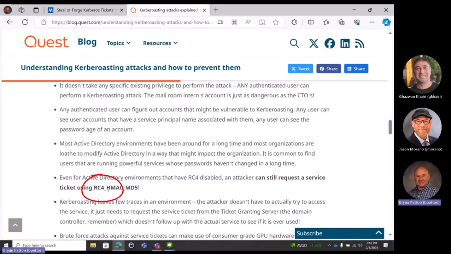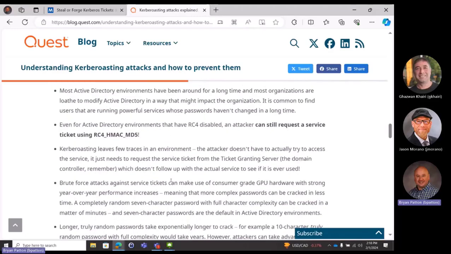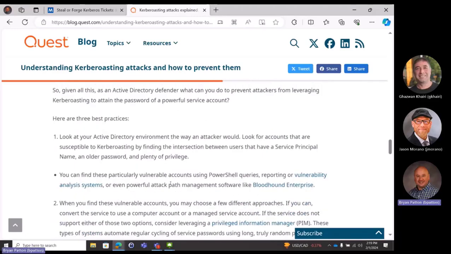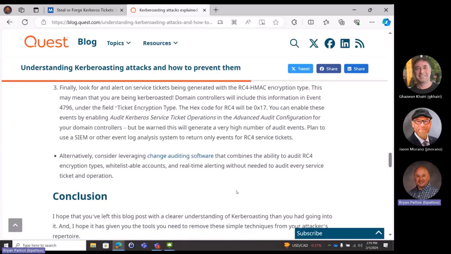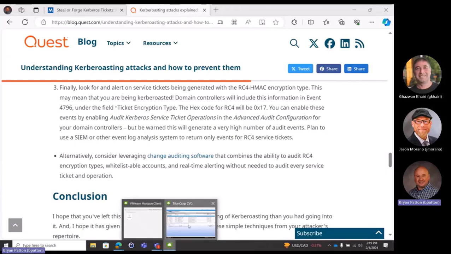And the other key thing, once again, RC4. So keep in mind, I think it was October, November of 2022, we started having the ability to detect if RC4 is being used or not. So that option does exist as people are trying to get rid of RC4. For everybody on the migration team that's listening to this, this is part of AES being enabled, RC4 being disabled, which is another reason why you can't migrate over your different passwords. So to stop it, use gMSAs, put things in your PAM solution, and we can detect if there is a new service principal name, a reminder, so to speak, that it's actually happened.